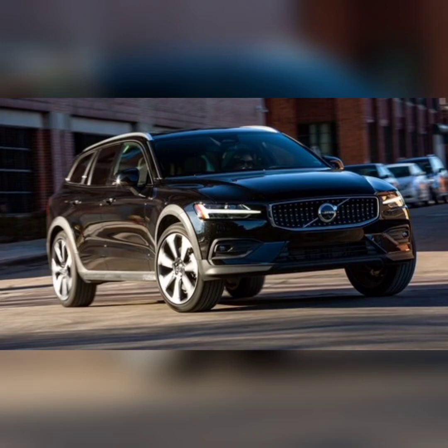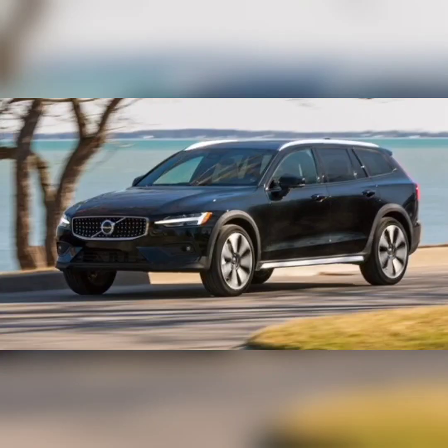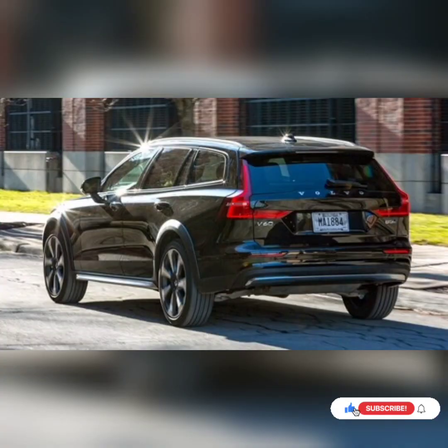In the 3 years since the second-generation V60's debut, its biggest news has been a steady pruning of the model lineup, further simplifying your wagon selection task. From the 5 initial V60 trim levels offered, Momentum, R-Design, Inscription, Cross Country, and Polestar, there remain just 2: the mildly off-roady B5 Cross Country, in 2 trim grades, plus an Ultimate, and the sportier T8 Polestar Recharge PHEV Cross Country Performance. Our loaded 2023 B5 Ultimate tipped the scales at 112 pounds heavier than the 2020 model we last